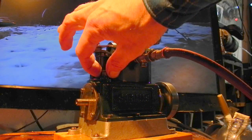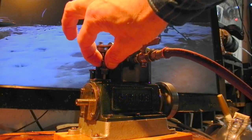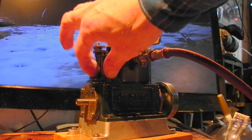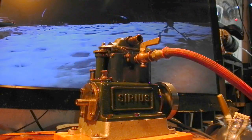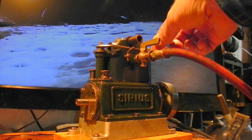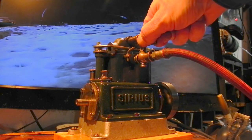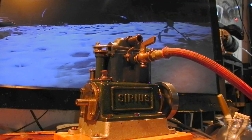It has its dipstick, which is nice that it came with a properly made dipstick, bottom level and top level. Has also its breather, and it runs very, very well. I can open up both bleeder valves and it will still run, as well as on low pressure. So if I open up fully there with bleeder valves open,